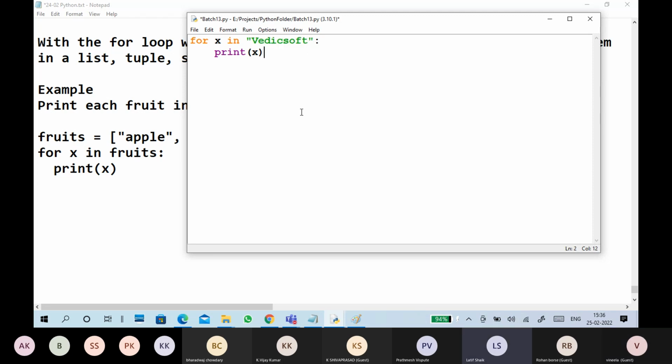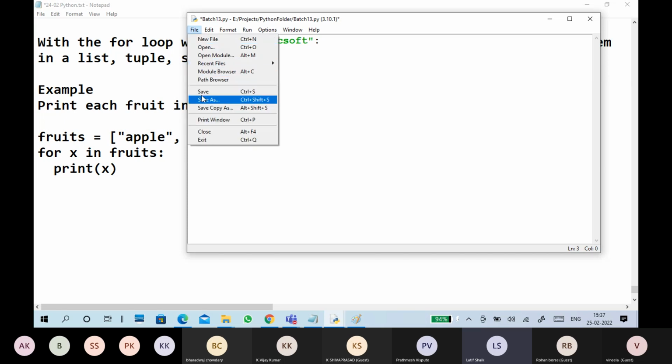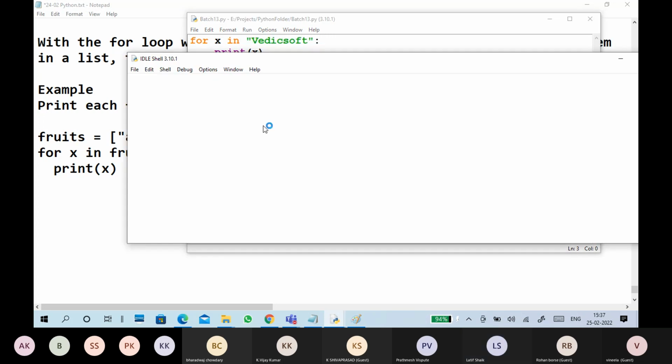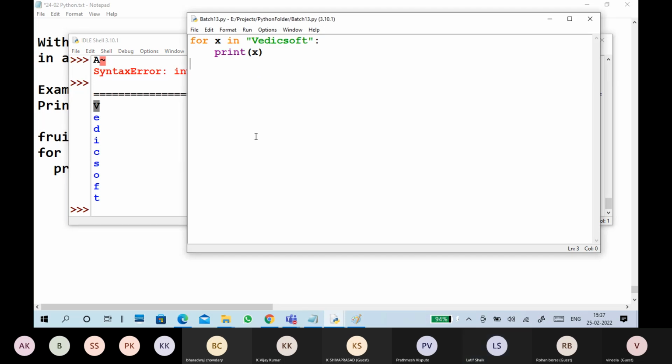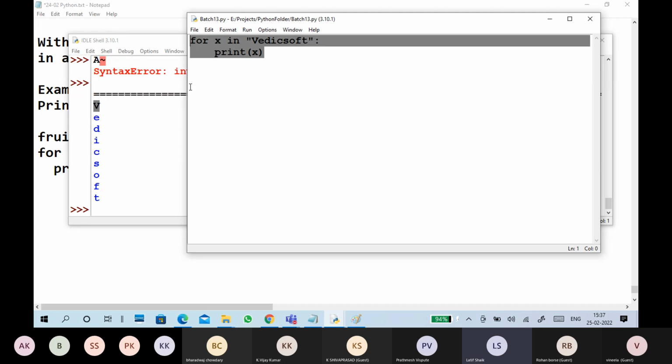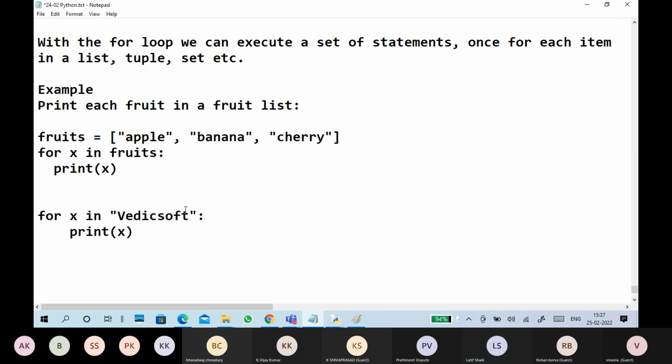Guys, strings are also indexed: V, E, D, I, C and so on. I'm going to execute this one, so save and run. See, the first value of x is V, next is E, next is D, next is I, next is C, next is S, like that. So it is an iterator.